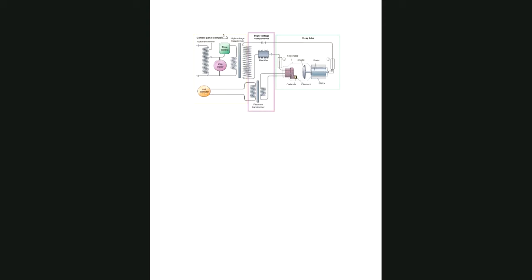So it shows you, here's everything that's on our control panel, right? So I have my auto transformer, and then I have my KVP meter. I have my timer control, and then here's my primary side of my step up transformer, low rectification bridge here, and then the little symbol for the rectifier. And then down here, my MA selector, and then my filament transformer, my step down. More windings on primary than there are on secondary. And then,